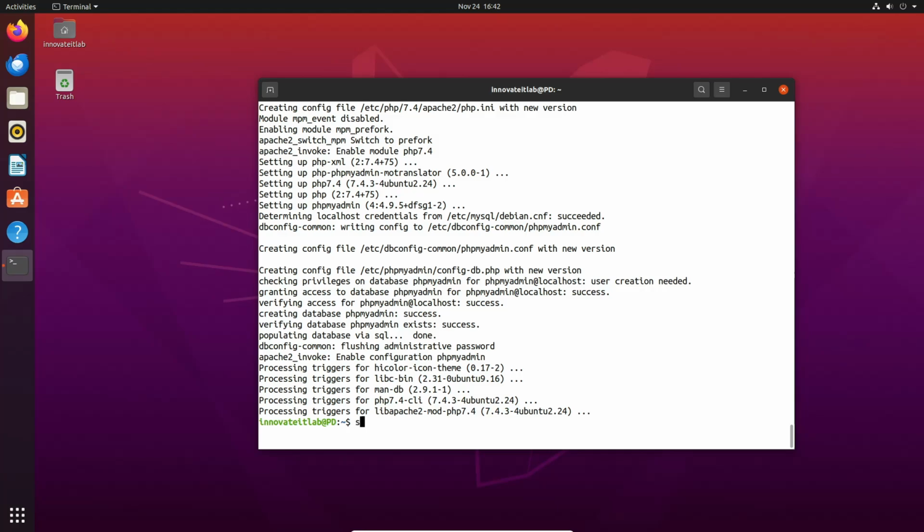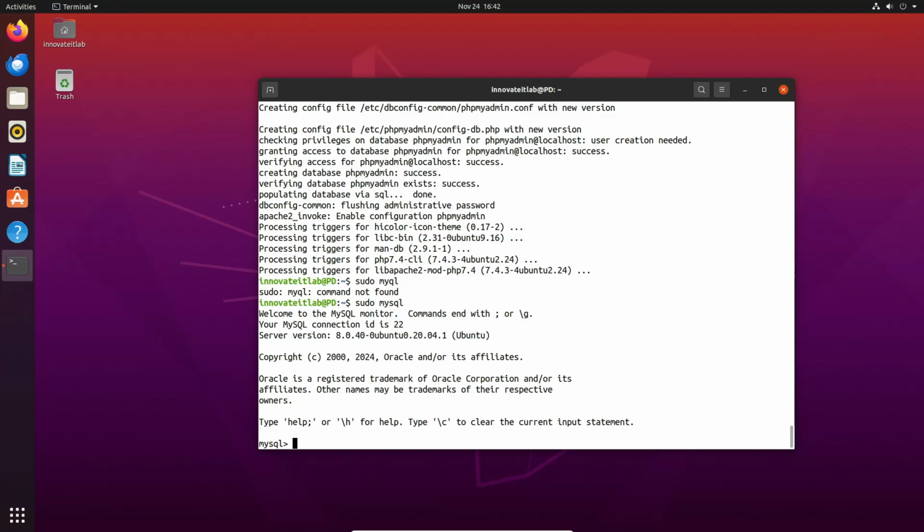After that, we are going to open MySQL again. So type sudo mysql and then hit enter. After that, we have to create a user for phpMyAdmin, so it can use that user. I'm going to type create user, then let's say test1 will be my user that I'm going to use, and then